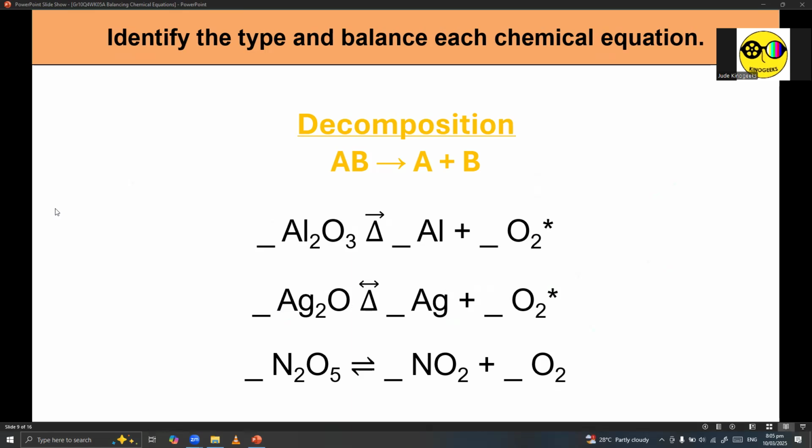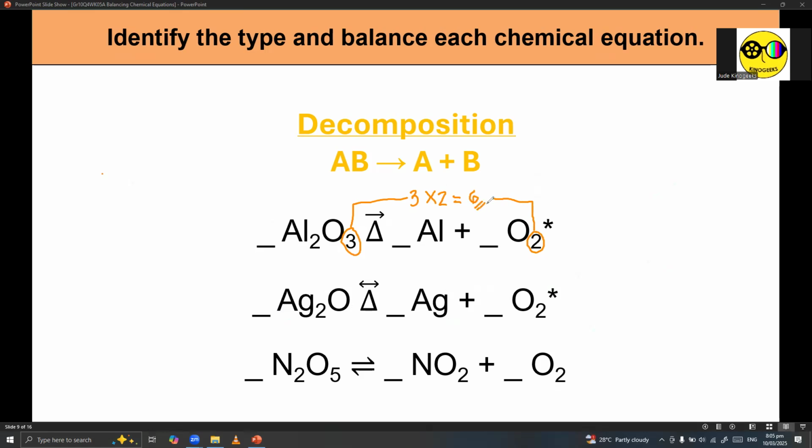So let's start with oxygen. So for oxygen, you have 3 atoms on the left side and we have two atoms on the right side. So we encounter another problem. This is the first time we're dealing with numbers na kung saan hindi one yung isa. So therefore, I have to find their least common multiple. So to find the least common multiple, you have to multiply 3, the number of oxygen atoms on the reactant side, by 2, which is the number of oxygen atoms on the product side. So 3 times 2 is equivalent to 6.